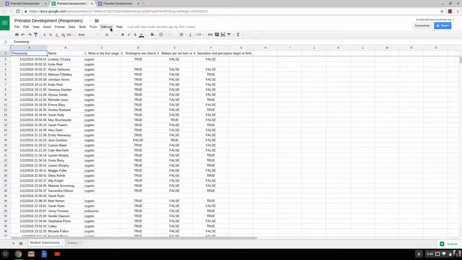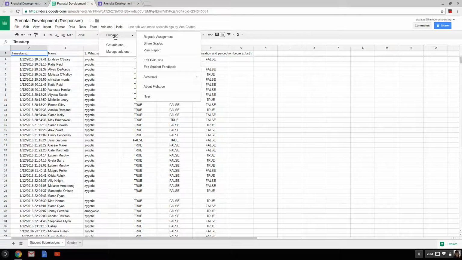So for add-ons, you're going to have to find Flubaroo in the Chrome store, which is not that hard to do. Just search for it. Then you're going to enable it for this particular sheet. So every time you go to use Flubaroo, you're going to enable it for that particular sheet of answers. Then you will click on add-ons, Flubaroo, and I've graded this assignment before, so it says regrade assignment, but for you it'll say grade assignment the first time you use Flubaroo on any given sheet. So you click on that,